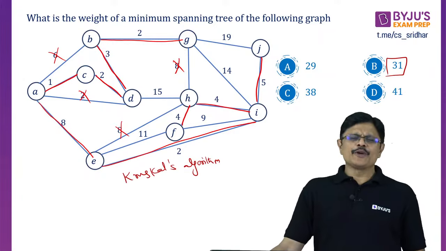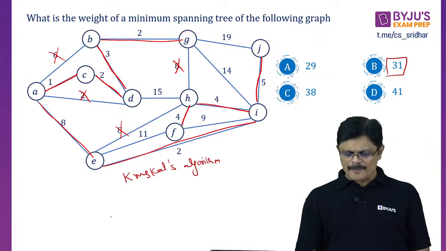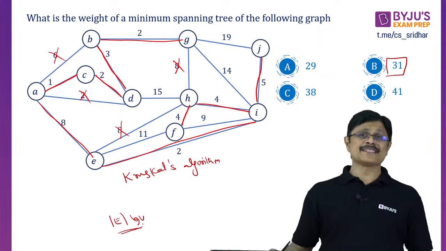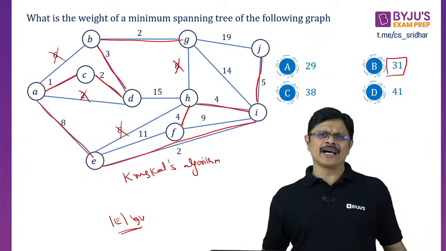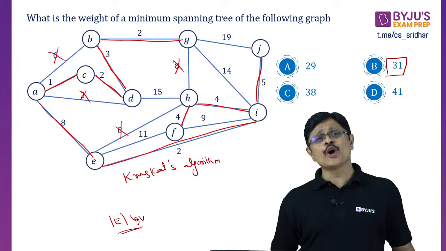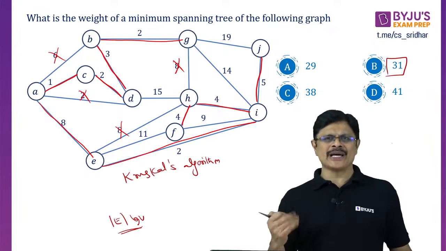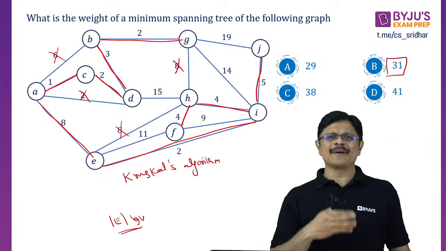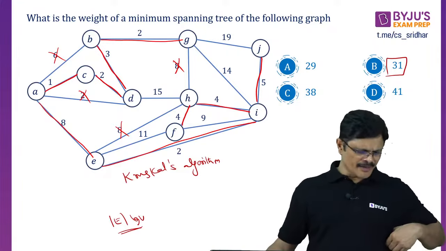See, one more point you need to remember, sir, whether it is Kruskal's or Prim's algorithm, the time complexity is E log V. Please remember this very regularly. They ask this particular question, E log V. Actually, for Kruskal's it would be E log E, but E can be V square maximum. So that V square can be written as 2 log V. So ultimately E log V only. Both are E log V.